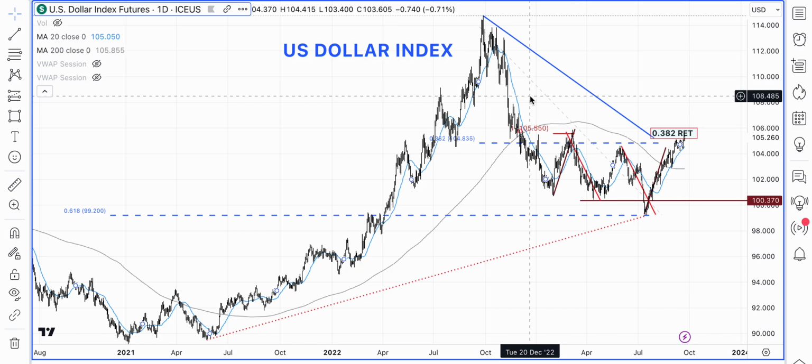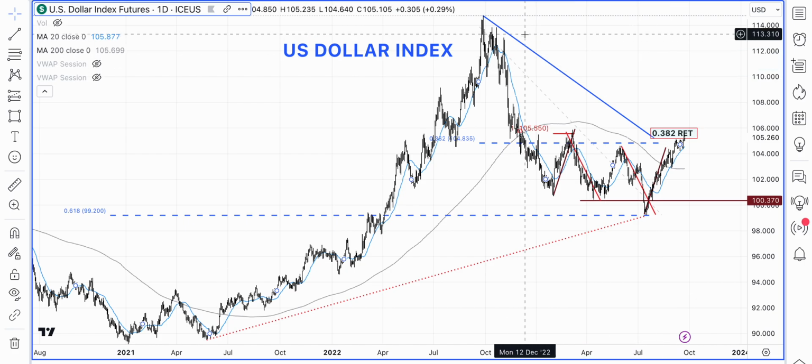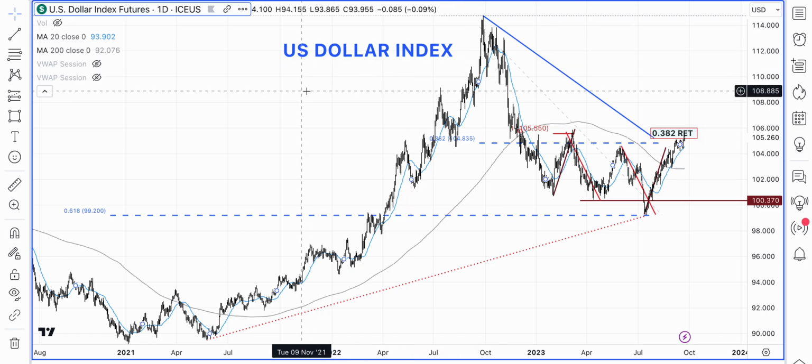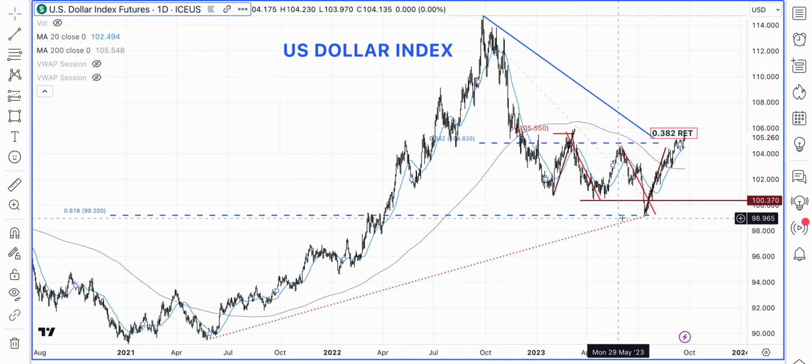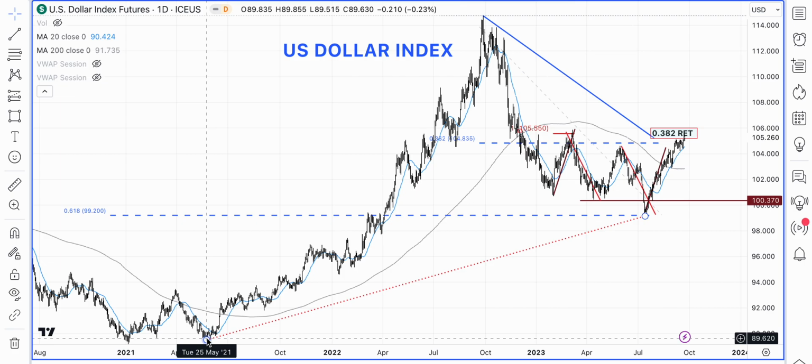Okay, so moving to the US dollar index, here what we are looking at is the daily chart. Now the dollar index is at a very important level where it is trading at, and I'm going to just blow up and show what I mean by that. But what I also wanted to show was that after peaking here on the 30th of September 2022, about a year ago, the market has actually made a